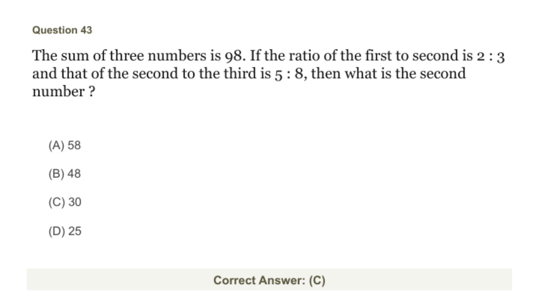Now we can set up an equation for the total sum. 2x plus 3x plus 24/5 x equals 98. Combining like terms, we get 2x plus 3x plus 24/5 x equals 98. Let's combine these carefully. Expressing everything over a common denominator, 5, we have 10/5 x plus 15/5 x plus 24/5 x,